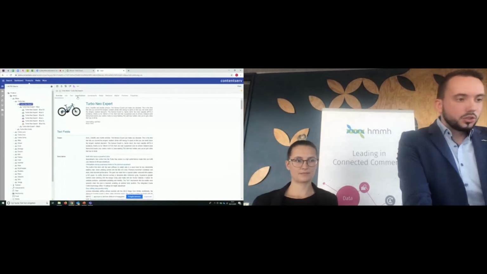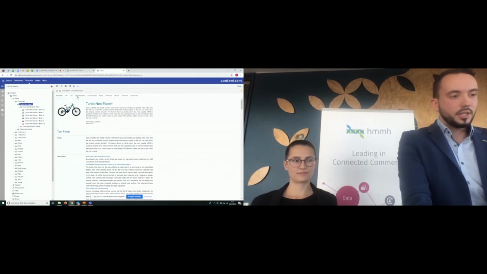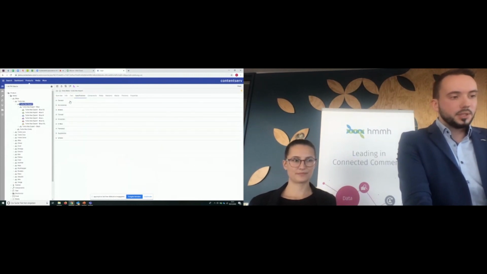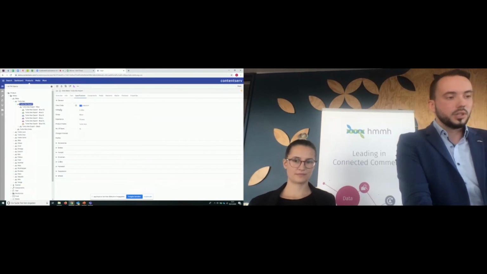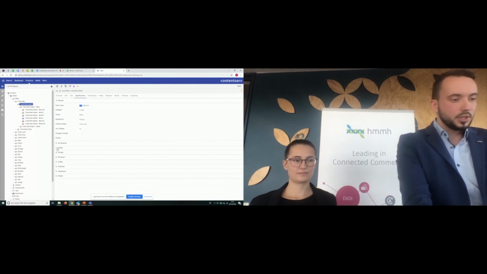I want to show you some different things now. In a PIM system, we can easily change any values of these attributes. So these are all properties which belong to this bike, Turbo Neo Expert, like the brakes.